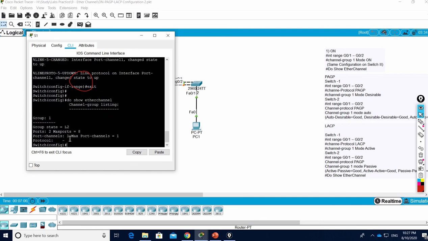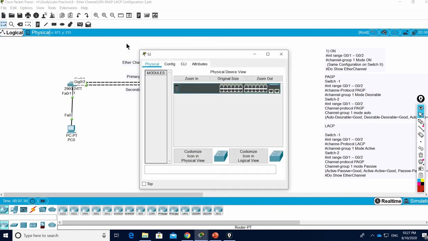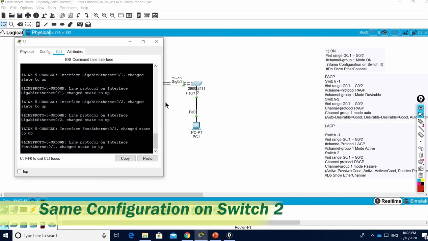EtherChannel. And over here you can see the group state is L2, and the maximum ports we can assign. Right now we aggregated 2 ports, but we can aggregate a maximum of 8 ports on these switches. And then this is our group number over here, and then we are going to perform the same configuration on our second switch. So we will go to the switch, and the switch